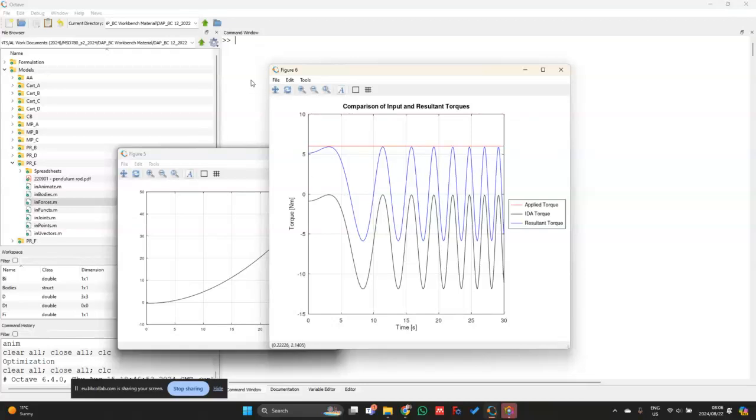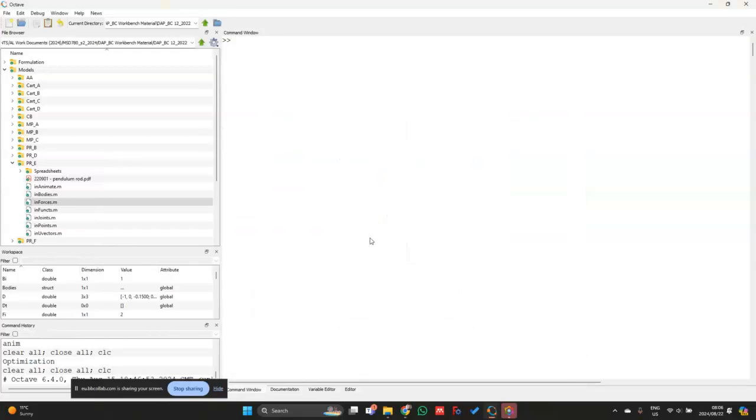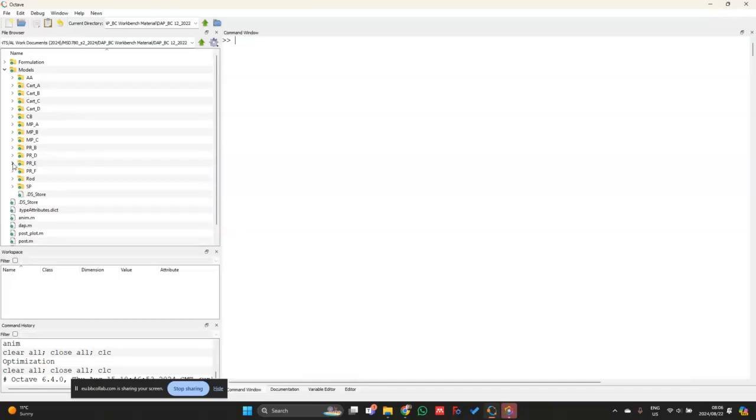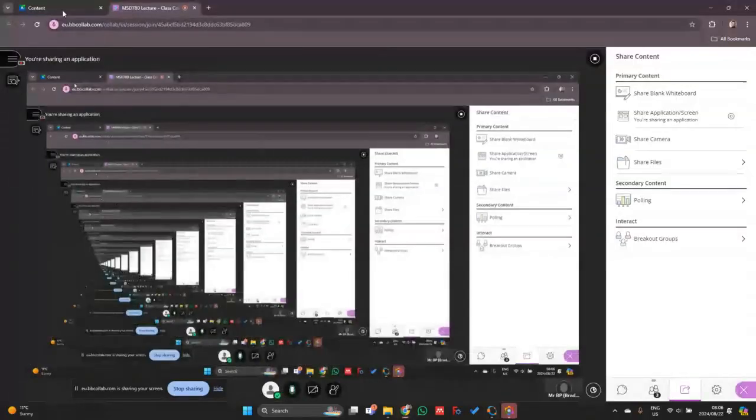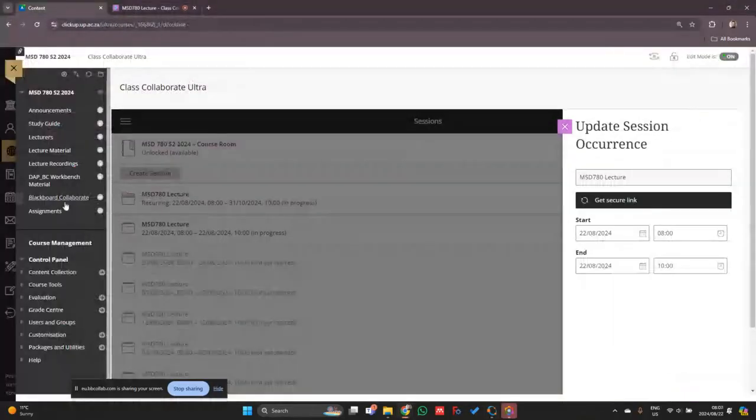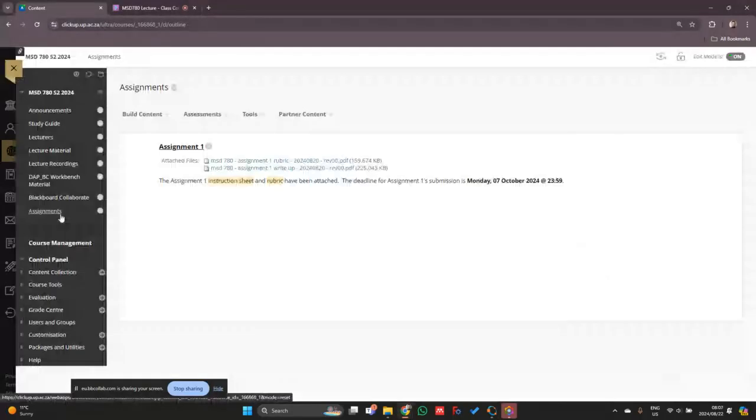Okay, so I do think I discussed this in the previous lecture video, so if anything is unclear, you can just have a look at that and post any questions that you have. So that's with regards to the pendulum rod that we handled. Then before we jump into the application examples, I also just want to perhaps go through the assignment that I posted. So if I go to assignments over here,